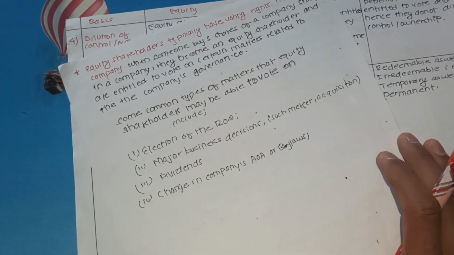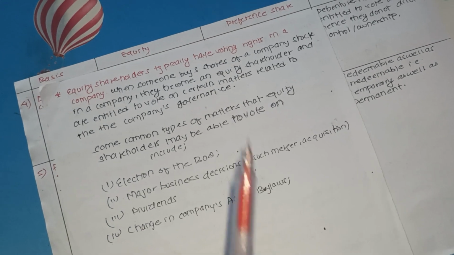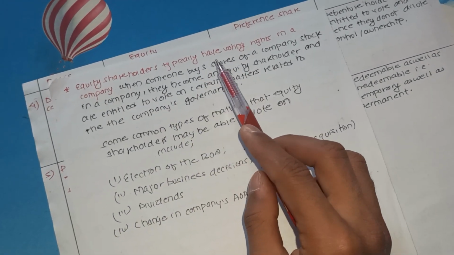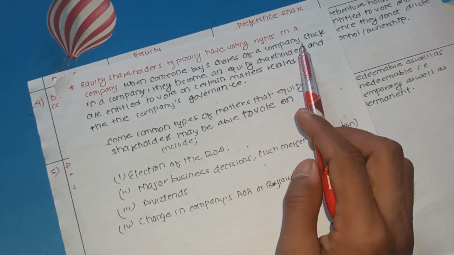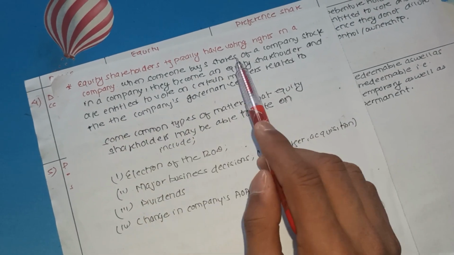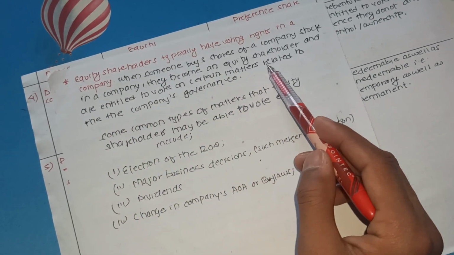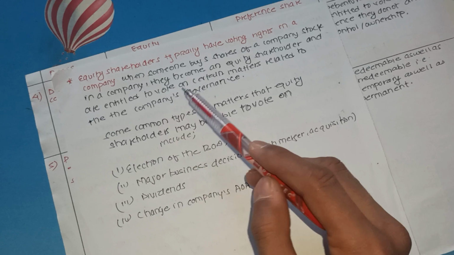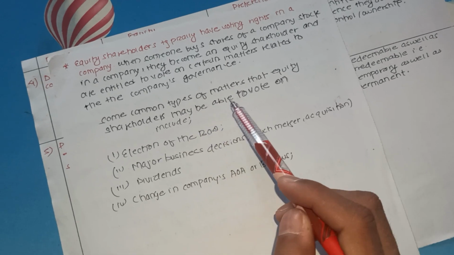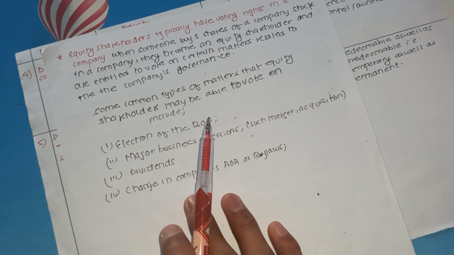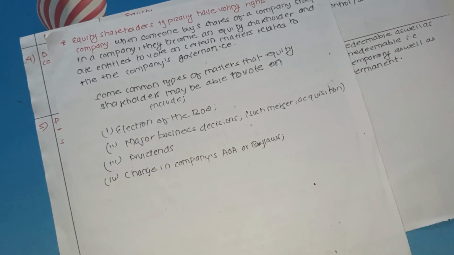Now we are going to talk about voting rights. What do voting rights actually mean? Equity shareholders typically have voting rights in a company. When someone buys shares of company stock, they become an equity shareholder and are entitled to vote on certain matters related to company governance. Some common types of matters that equity shareholders may be able to vote on include the following, voting right means